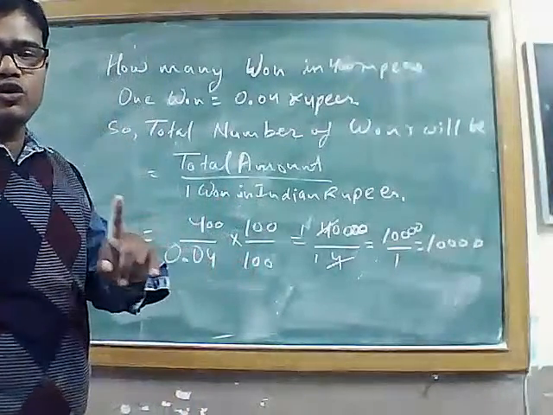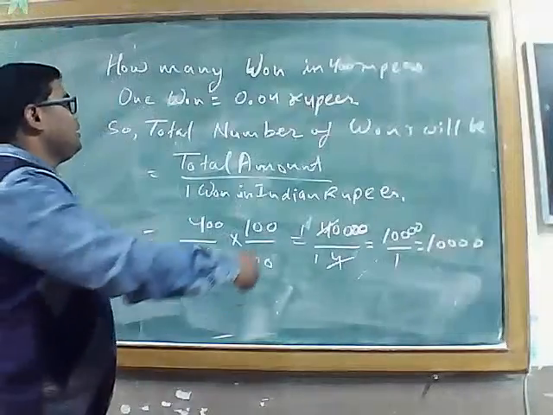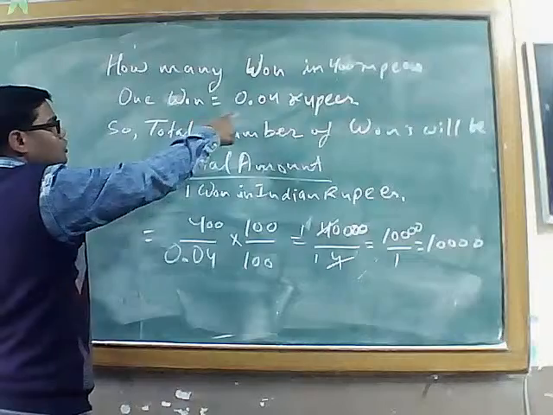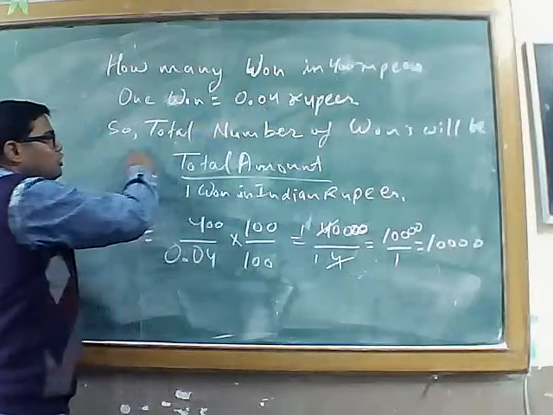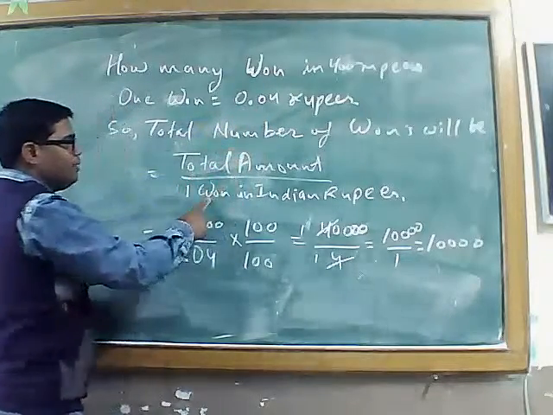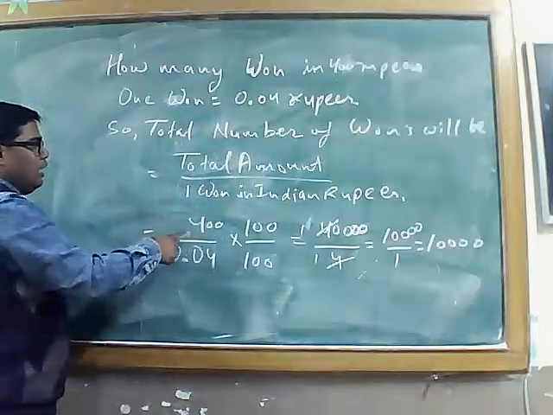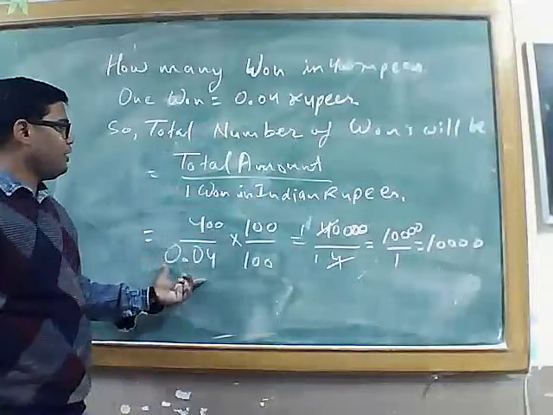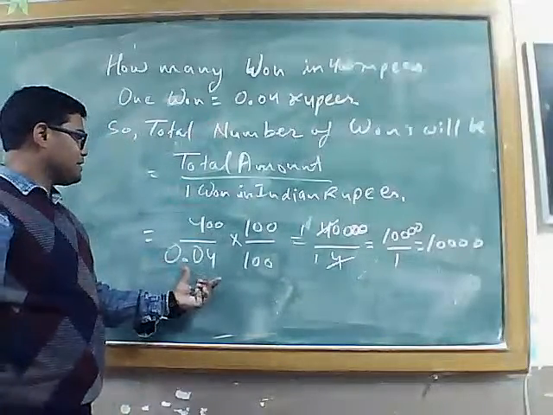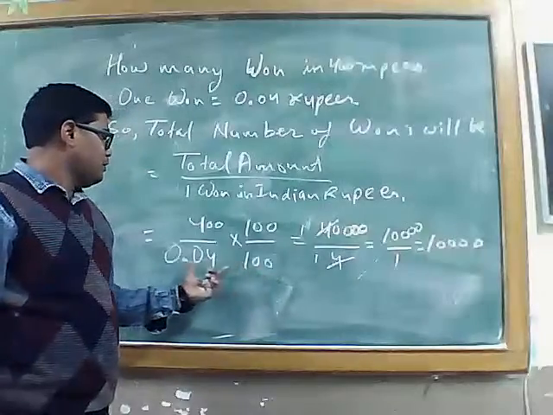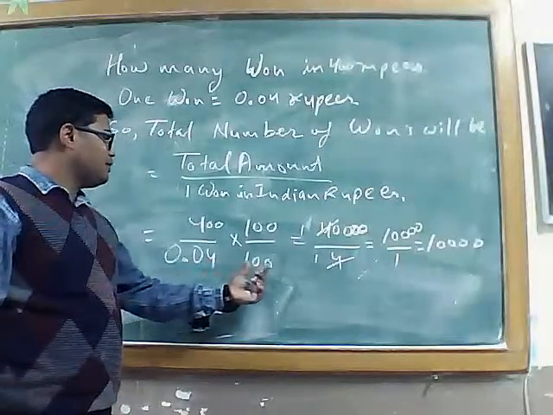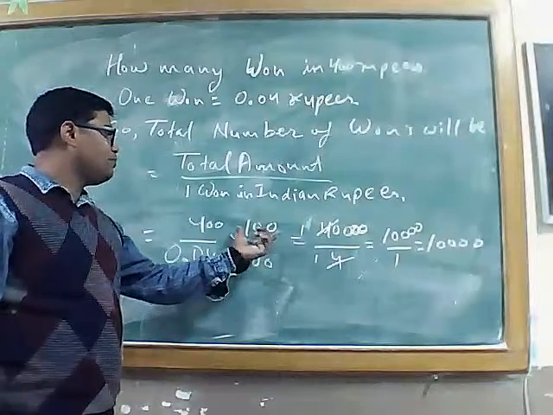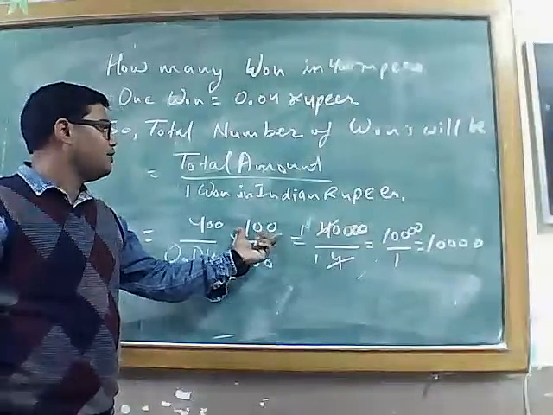फिर से मैं इसको एक्सप्लेन कर रहा हूं, 1 मिनट और लगेगा। देयर शुड नॉट बी एनी कंफ्यूजन टू एनीबॉडी। हाउ मेनी बॉन्ड विल बी देयर, 400। अब यहां पर हो गया हमारा 400 रुपीस, 1 बॉन्ड की कॉस्ट फिक्स है, दैट इज 0.04। टोटल नंबर ऑफ बॉन्ड्स विल बी टोटल अमाउंट डिवाइडेड बाय कॉस्ट ऑफ 1 बॉन्ड इन रुपीस। हमारे पास अब टोटल अमाउंट हो गया 400, हमने लिखा 400 डिवाइडेड बाय 0.04 जो कि एक बॉन्ड की कॉस्ट है। इस डेसिमल को हटाने के लिए 100 से मल्टीप्लाई करना पड़ा, क्योंकि दो डेसिमल के बाद 2 नंबर है तो हमें 2 जीरो चाहिए थे जो 100 में होते हैं। जब हमने इसको मल्टीप्लाई किया नीचे 100 से तो ऊपर भी 100 से ही मल्टीप्लाई करना पड़ेगा।